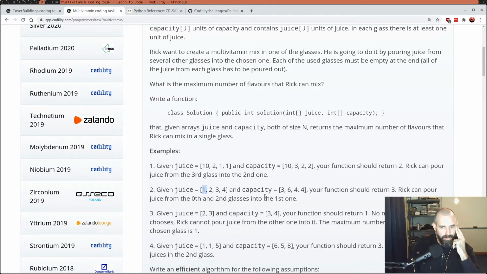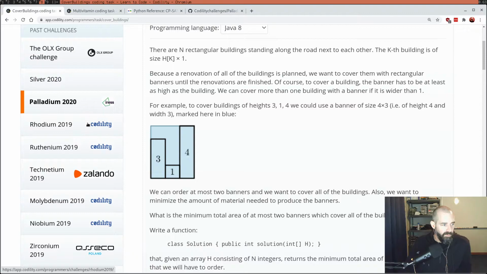So in this one, he's pouring, oh, into the first one. Sorry, that would have been this one. So the 1 and the 3 can be poured into the 2, which adds up to 6, which is the capacity. So there's that. The other one I thought of from this list is